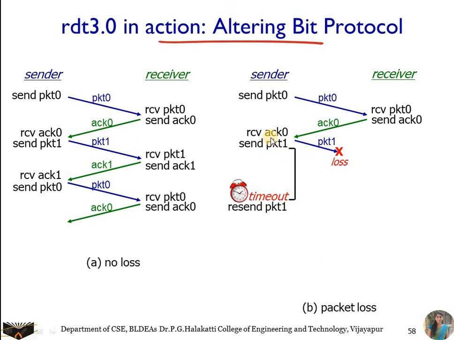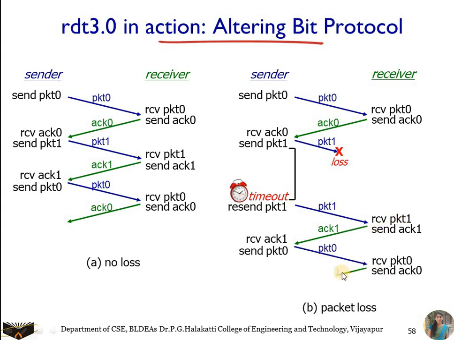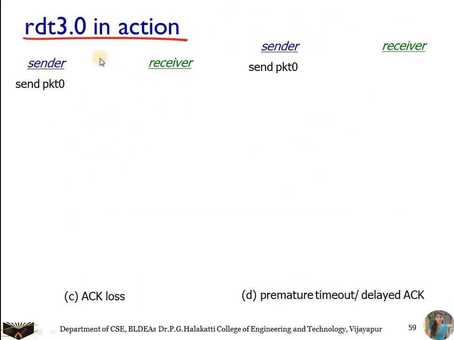So it will wait for a certain amount of time for the acknowledgement from the receiver, and the timer times out, and it's going to resend the packet with the sequence number as 1, as it has not received the acknowledgement. So here retransmission occurs. The receiver receives the packet and sends the acknowledgement. This is how it's going to continue. So here whenever the packet loss occurs, the sender waits for a certain amount of time before retransmitting the duplicate packet.